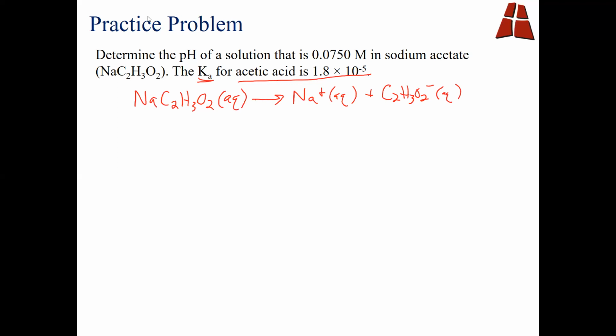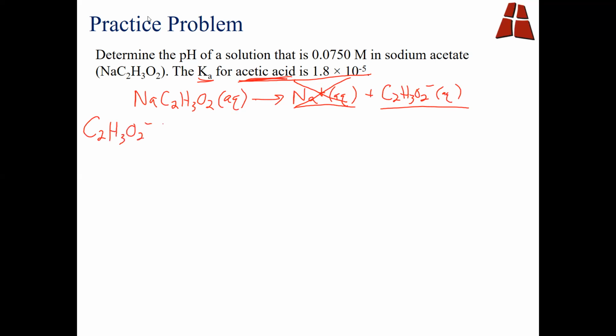Then if we look at our two species, we get sodium plus, which based on what we've talked about, we know is a conjugate acid of a strong base, meaning that this will not have an effect on pH. So we can essentially ignore that. But we also get acetate, which we know is the conjugate base of a weak acid, in particular acetic acid, right? We need to write a second chemical equation where, say, we have